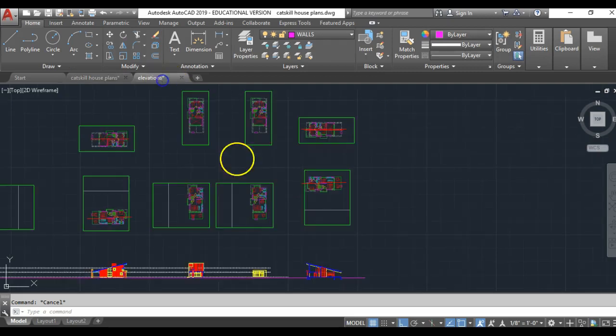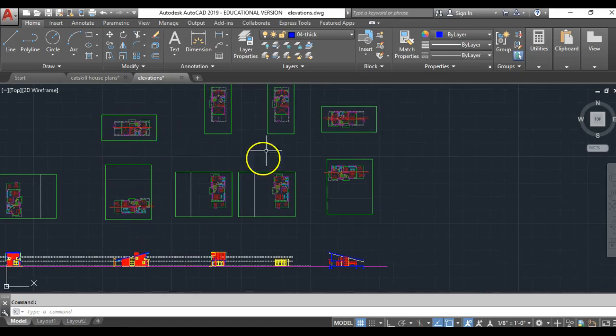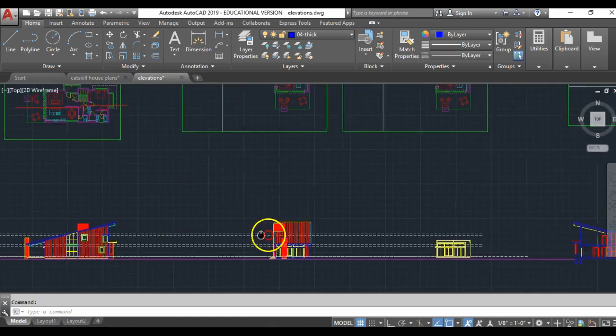So just a quick preview, this is when I actually drew this house. Here are some of the elevations. You can see I have the plans here. Now my plans are faded with a green line because I used an XREF in this case. If you don't know what an XREF is, don't worry about it. It's not important for this assignment, but it's another way of doing exactly what I just did in the original file. What you can see here is I've got these plans just aligned like that, and then the full